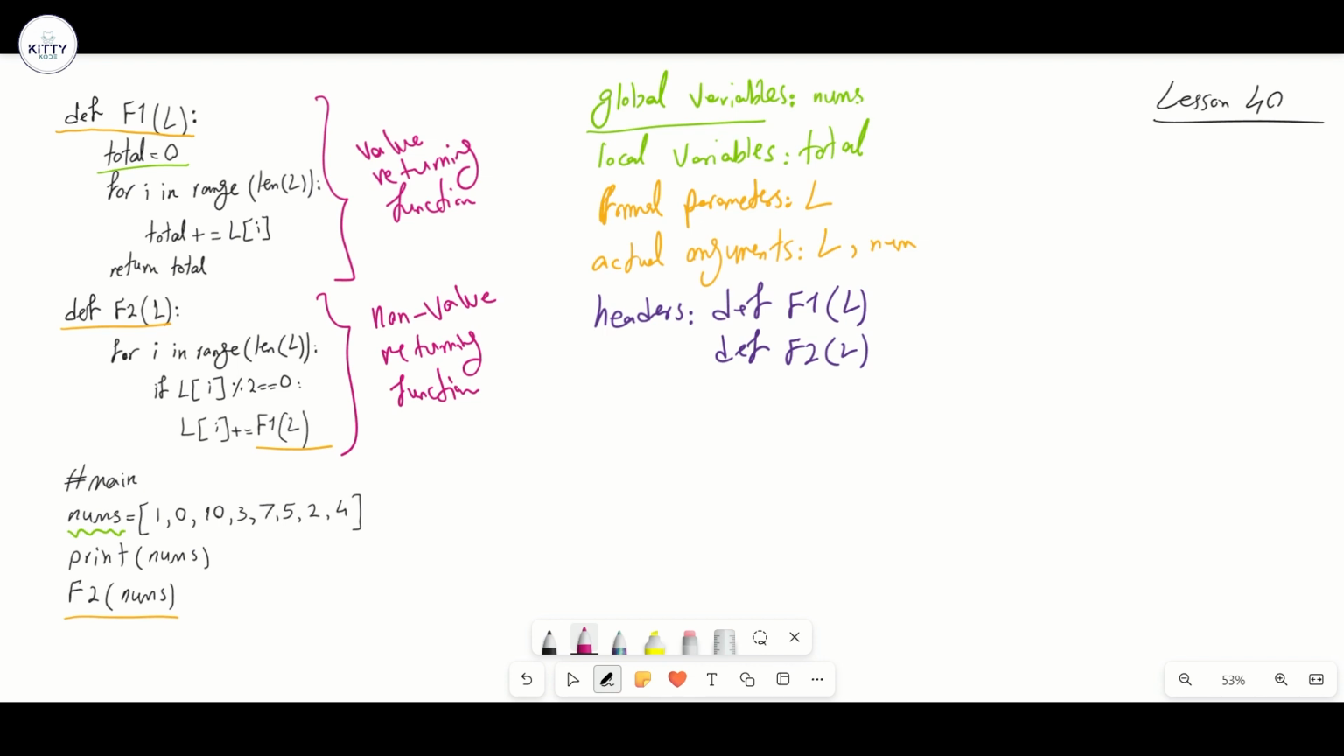So what is the purpose of this program? Here we pass this list called nums to a function named f2. So we go to f2 and then we have a for loop. We want to iterate through the whole list one by one, so we want to visit all the elements. If the element is an even element, we have to add the sum of all the elements to the current element, which is an even element. So I will show you